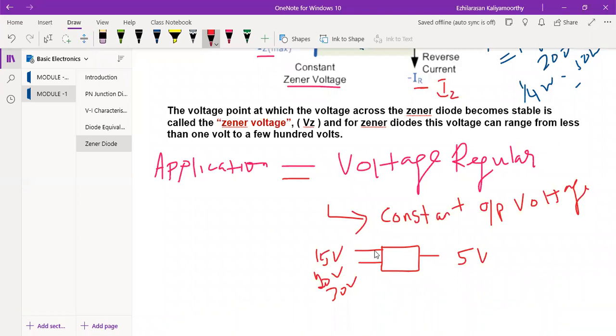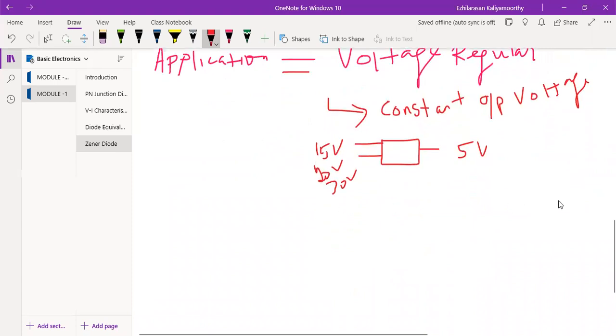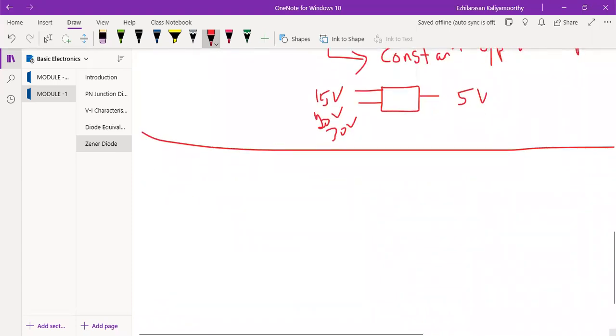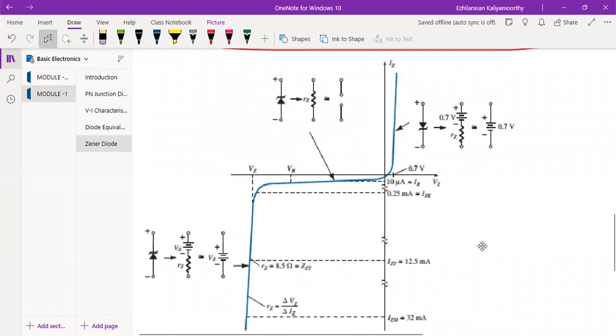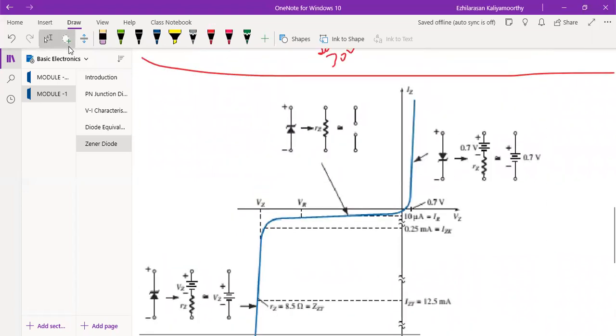So the function of the regulator is to provide a constant output voltage to a load connected in parallel. Before that, let me show one more simplified, elaborated diagram so you will get a clearer idea. I will show many varieties of diagram for you. You see this figure which I'm showing, still more elaborate.